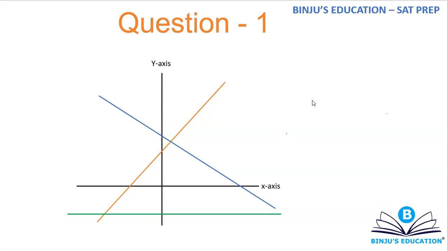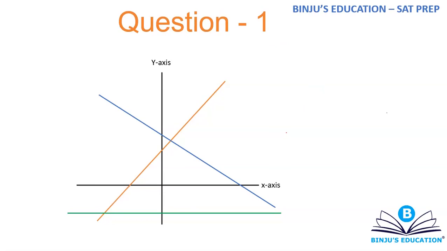All right, let's get started with this one. So I told you that whenever a line passes through first and the third quadrant, you can close your eyes and you can say that it has a positive slope. So this has a positive slope. If a line passes through second and fourth, then you can simply close your eyes and you can say that the line has a negative slope. If the line is parallel to x-axis, then the slope is 0.